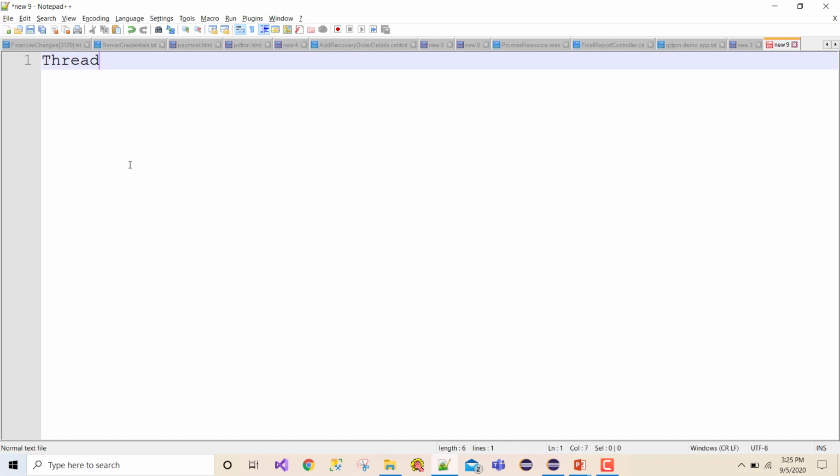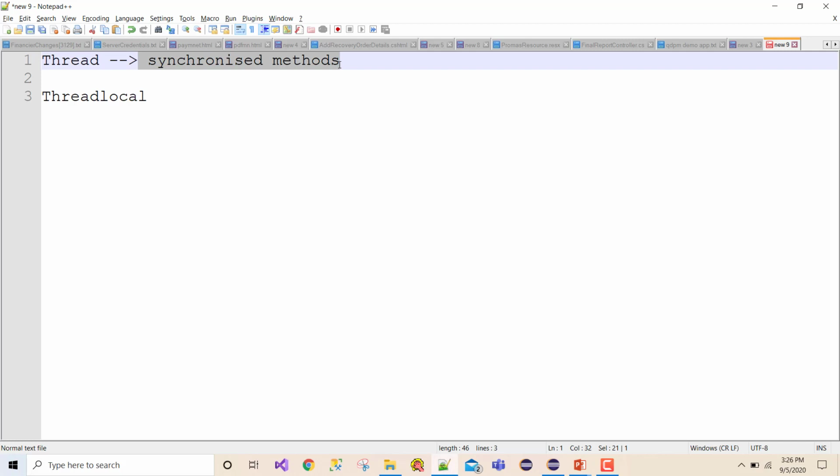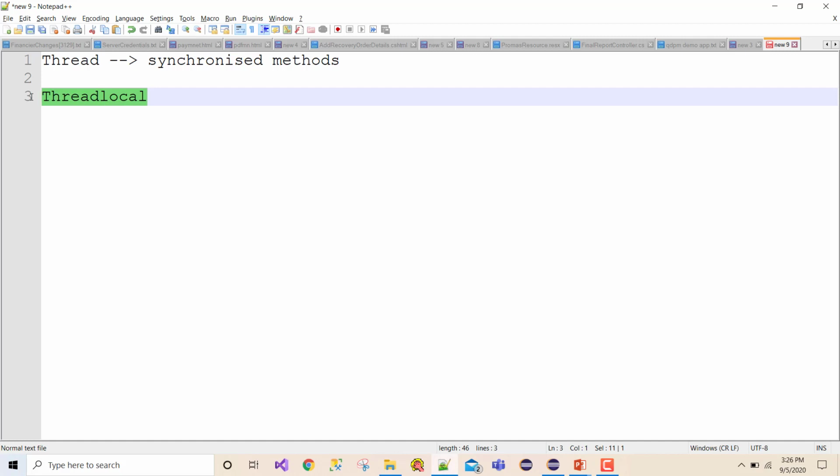But in order to use that, we need to create synchronized methods. The advantage of using thread local versus using thread is that I need not create synchronized methods, and I'll come to why. So we are going to use thread local.